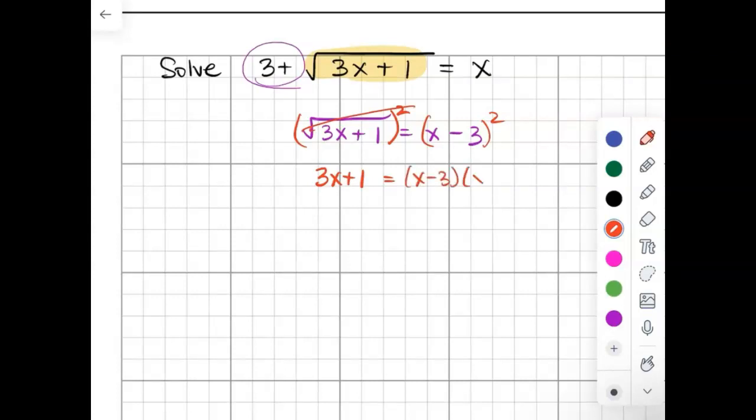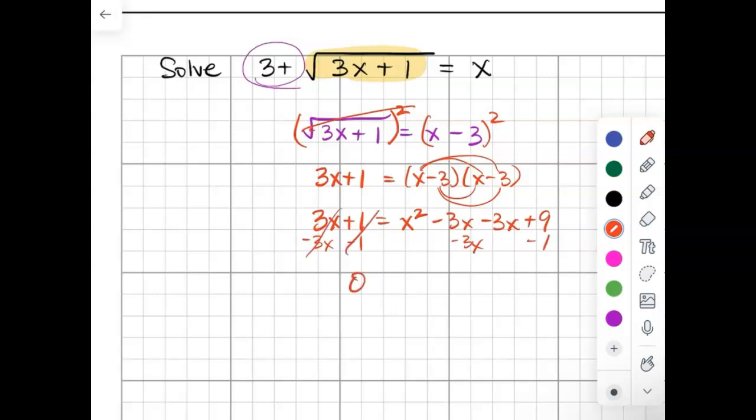So you're going to write x minus 3 twice. Distribute your x. Distribute your negative 3. That is going to give you x squared, negative 3x, and 9. Then you're going to bring all your terms to one side. I'm going to subtract 3x to the other side, and I'm going to subtract 1 to the other side,